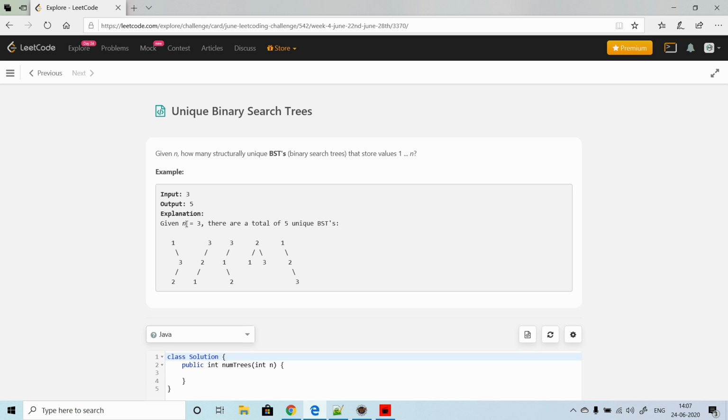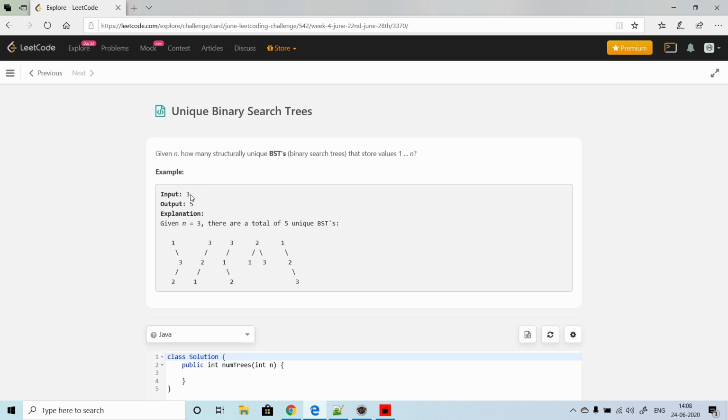One thing we know about a BST is that at each node, all the nodes on the left subtree are smaller than the current node, and all the nodes on the right subtree are greater than the current node. This rule applies to all the nodes, so it needs to be satisfied at every node.